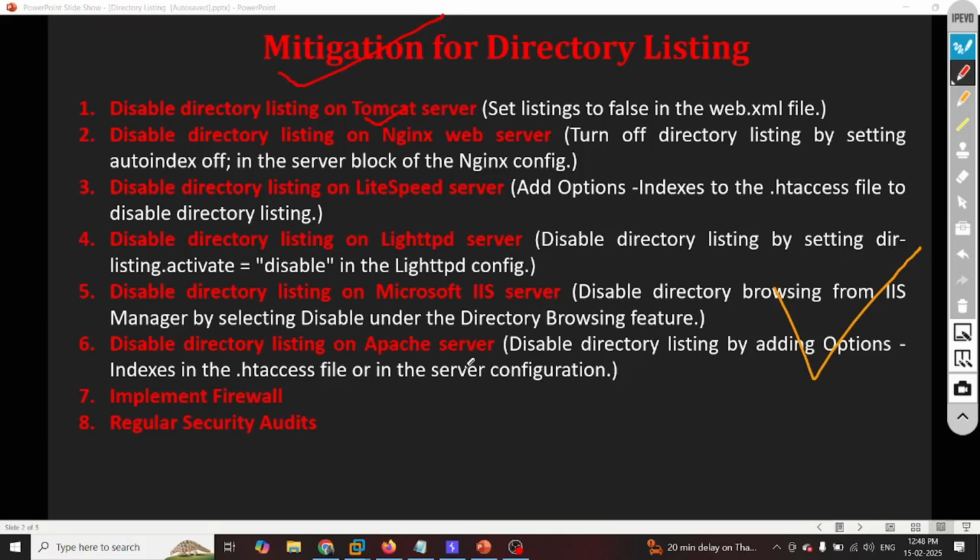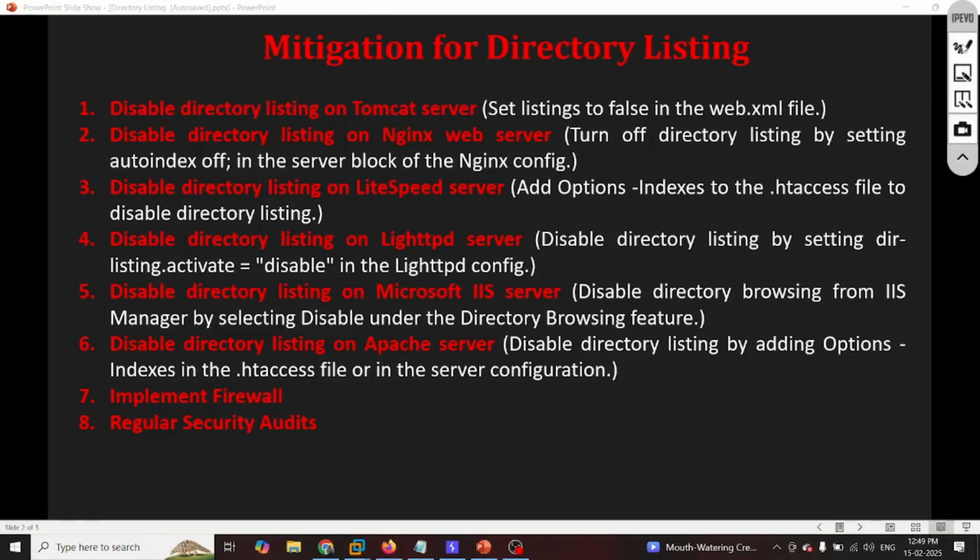That means you are specifying where you have to go and how you need to mitigate. Moreover, you can implement a firewall and regular security audits, because nothing is 100% secure. Having multiple layers of security definitely helps. I hope I made you understand the mitigation of directory listing.